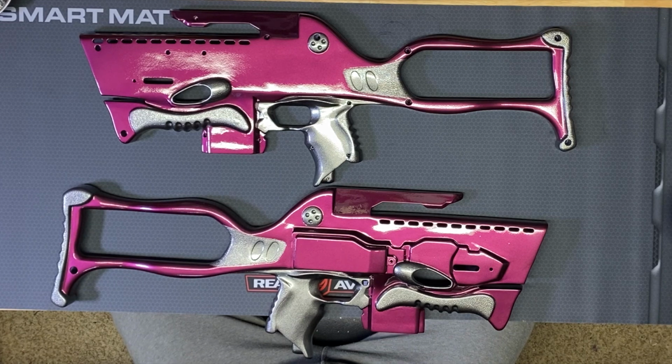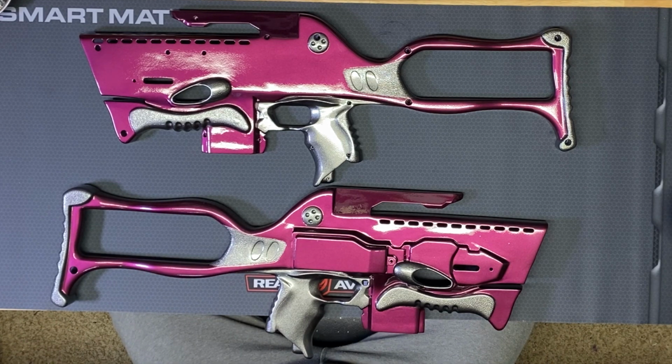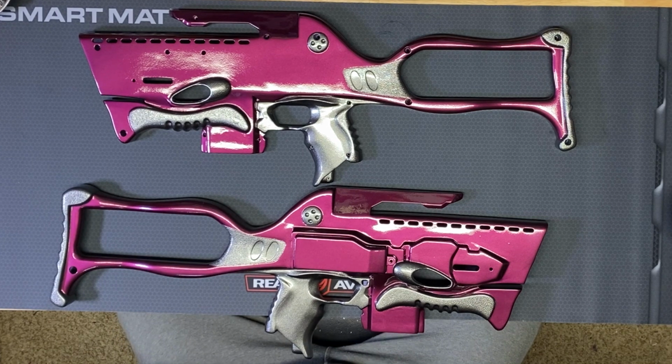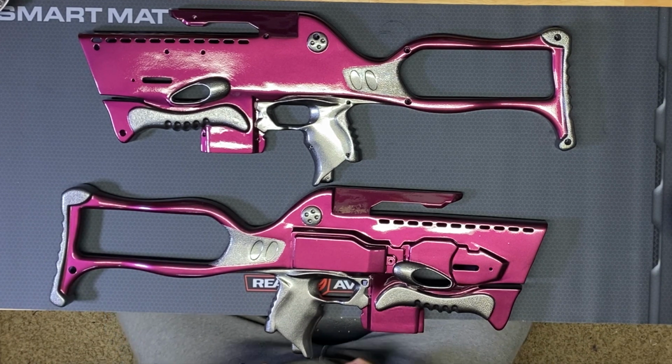All right, you guys, so this clear coat turned out immaculate. I think it's one of my best that I've ever done. Very happy with it. Still working on things though. There's still some things I want to perfect, but all in all, I'm very happy with this paint job. You know, honestly, I feel like to get a better job than this, I just need a better painting situation,